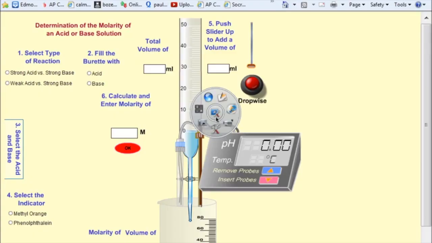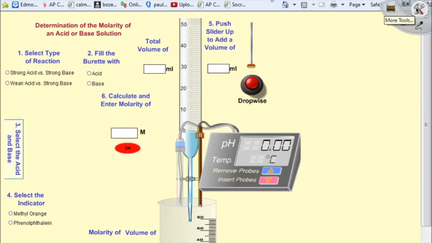Last time we started the virtual lab, let's just finish the back. So we titrated a strong acid with a strong base. Today we are going to do the back, which is a weak acid with a strong base. So I click on weak acid,